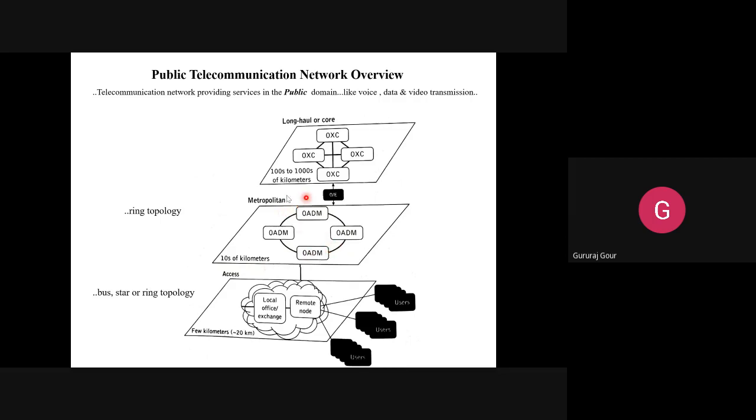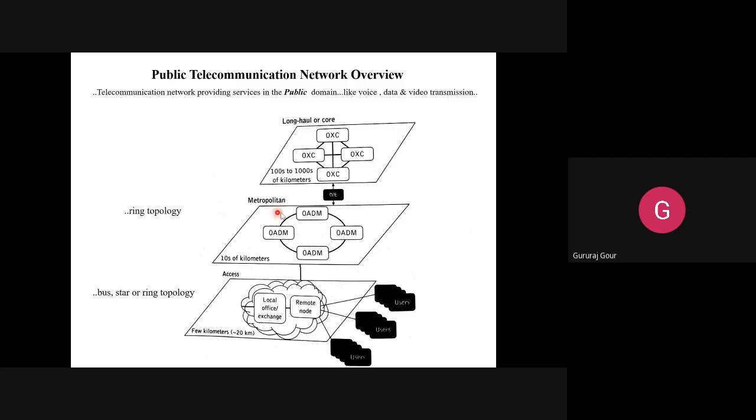In the metropolitan layer, a lot of local exchange offices are interconnected with each other, and that makes one metropolitan coverage. Like that, we will have many metropolitan area coverages. All such multiple metropolitan area coverages will be interconnected with the help of this long haul or core area network.